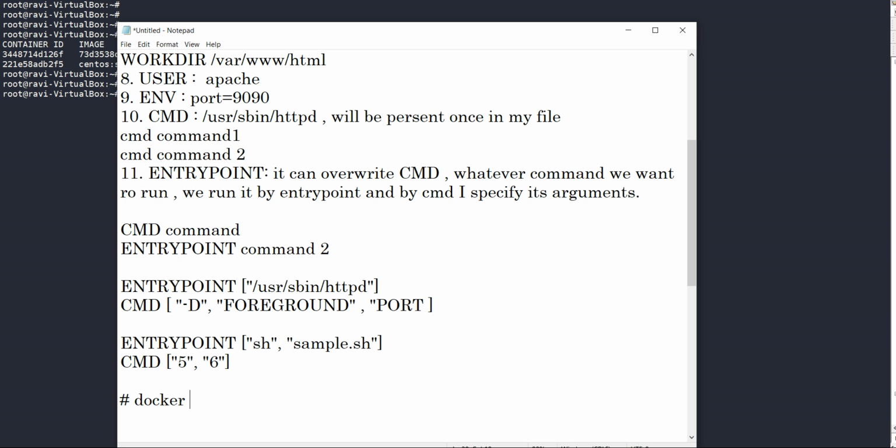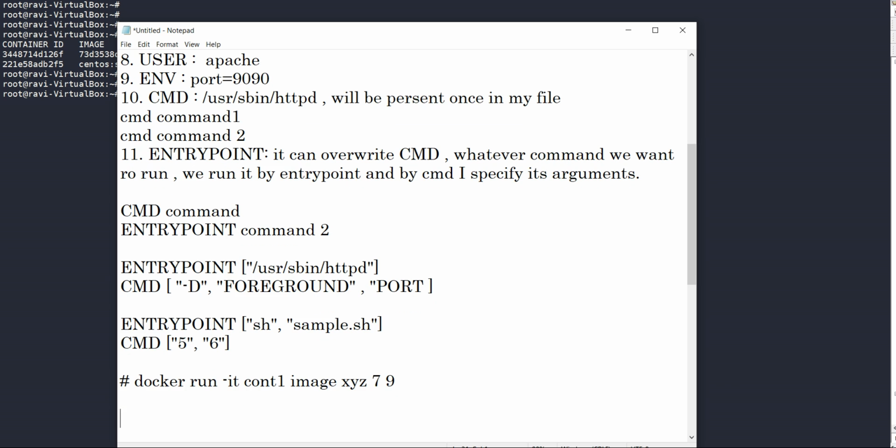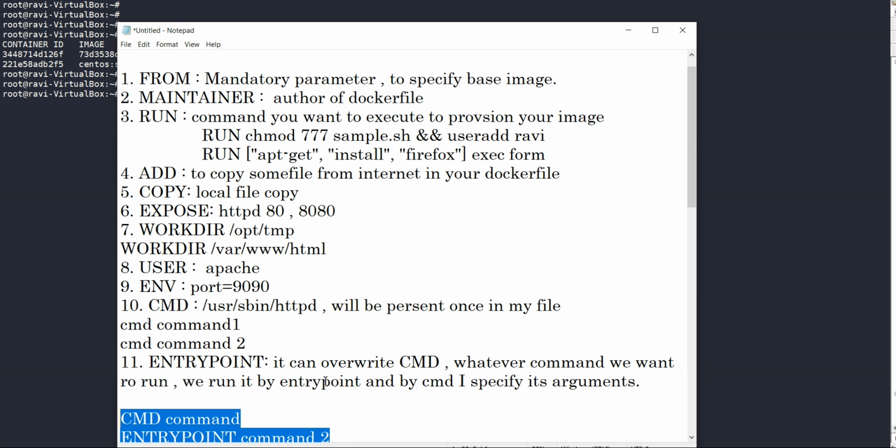When I run my docker run command, I can specify my arguments here also. Suppose I run a container, container 1, and I specify image name xyz, and I specify parameters 7 and 9. So what will happen? sh sample.sh will run, but this time 7 and 9 will override 5 and 6. So this is the static part that will always execute, and these are the parameter part. Things will be more clear when we go into the practical part. I am again saying CMD and ENTRYPOINT are a little bit confusing, so I will explain them in detail.